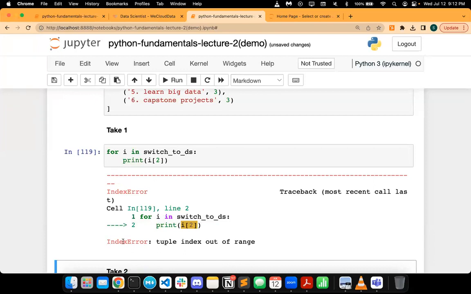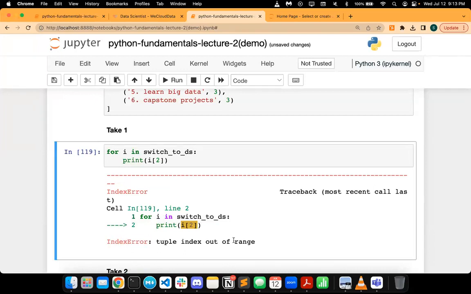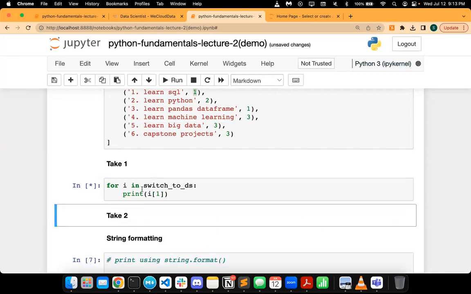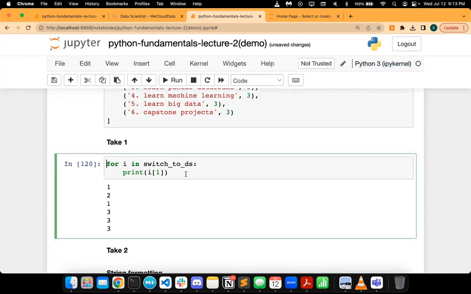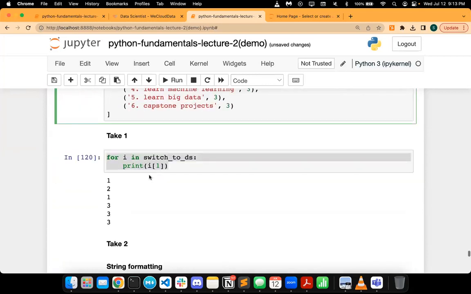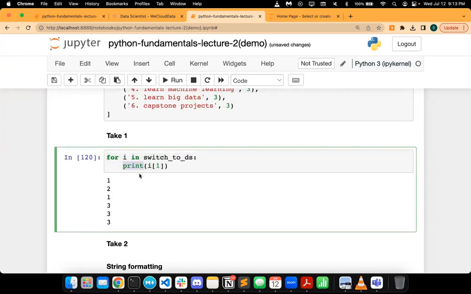Complaining, as I told you, you're going to see this a lot, index error. Looks like there's no such index as 2, because it only has 2 elements and Python is 0 index based. So let's try 1. Now it's returning the second column, right? So that's what we need. But the problem here is that we don't want to print it out. We want to sum them up, right? So what we can do here is,